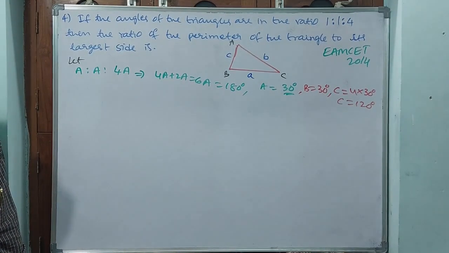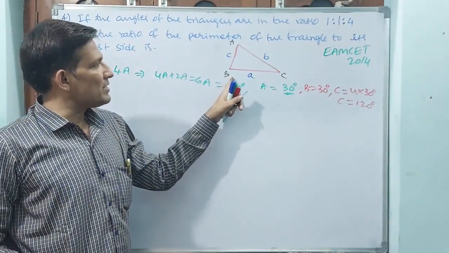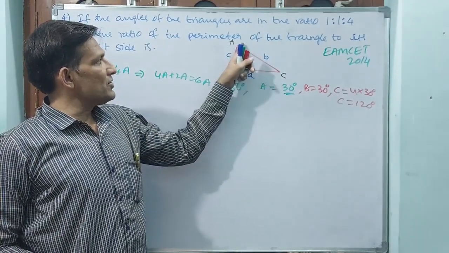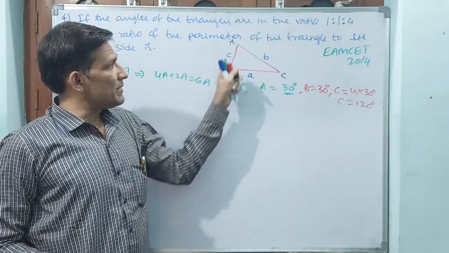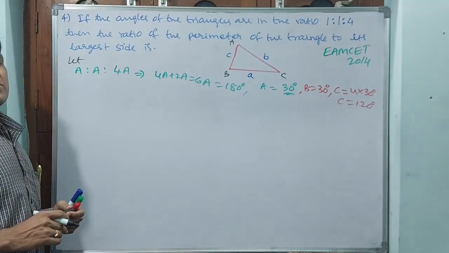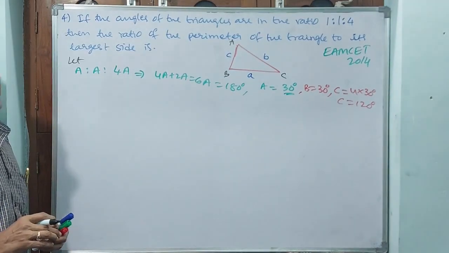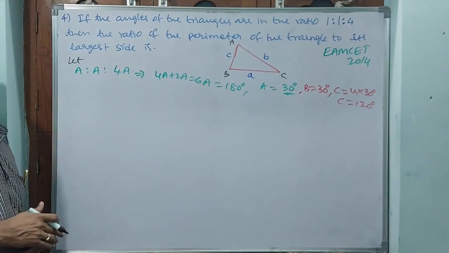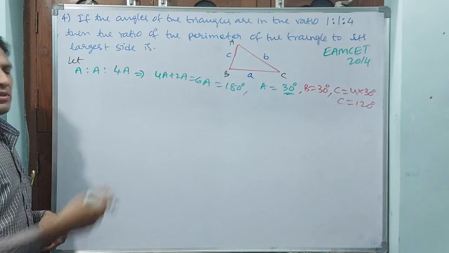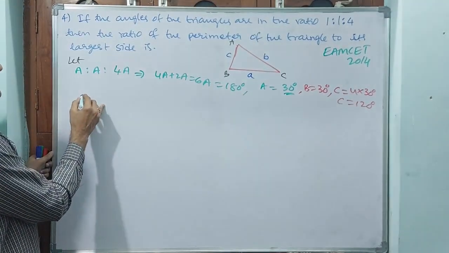Okay. Now how you are going to find this perimeter? Unless you find sides, you are unable to find the perimeter. Why? Because the perimeter means see BC plus CA plus AB. That means a plus b plus c is your perimeter. How you are going to find perimeter unless you know the a, b, c? That means you have to get sides. How you are going to get sides? Sine formula you take. That 2R will be there. Then we will cancel out. Okay. See how I am writing.